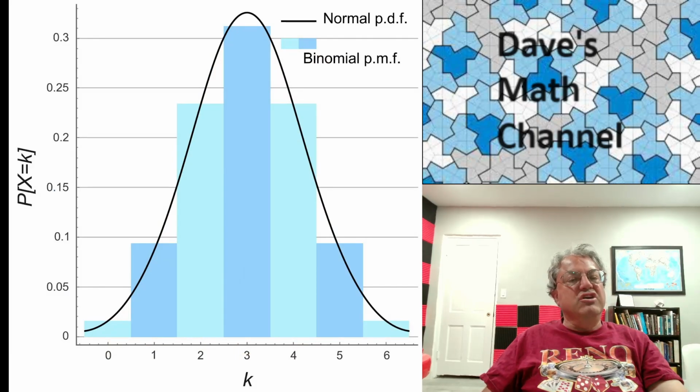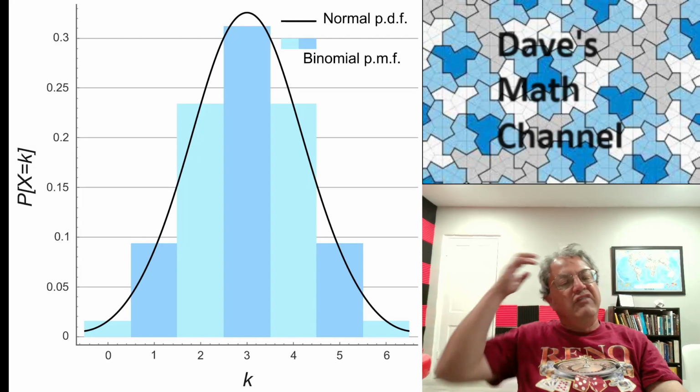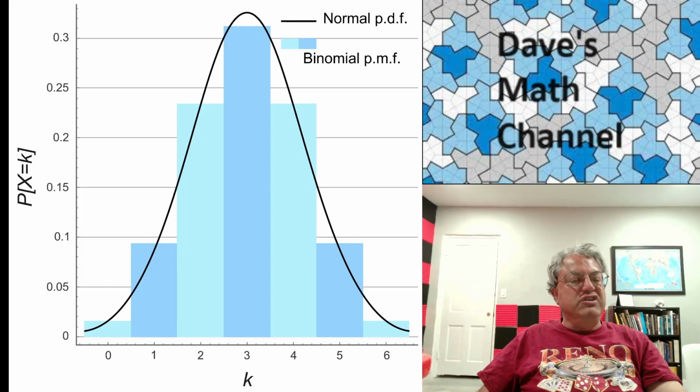So say you're doing n equals 6, and this is what the binomial distribution looks like with p equals 0.5. This would be like if you tossed 6 fair coins, the number of heads you would expect, the probability of getting a given number of heads. And you can see it's already kind of close to this normal distribution, this bell curve they show. But this histogram actually shows you the exact probabilities. And these probabilities are nothing but